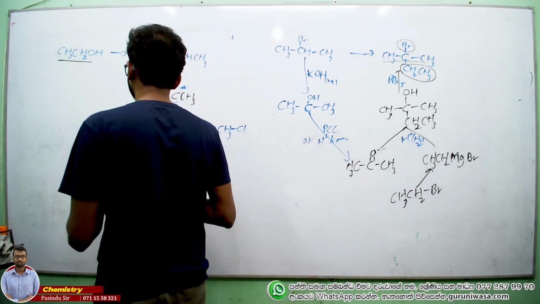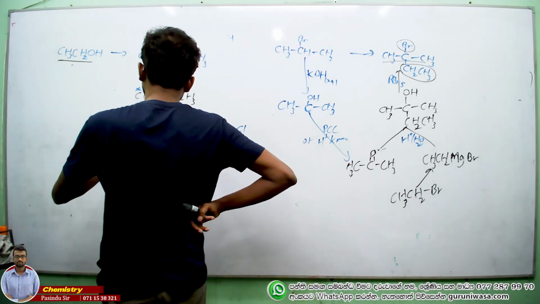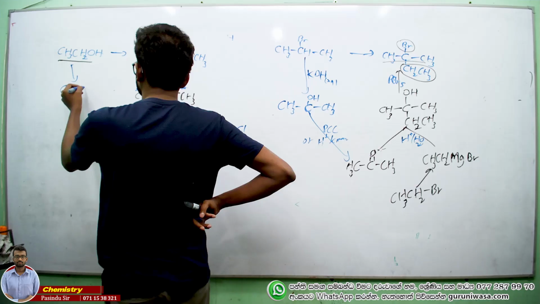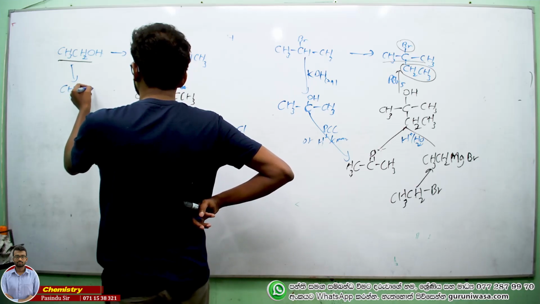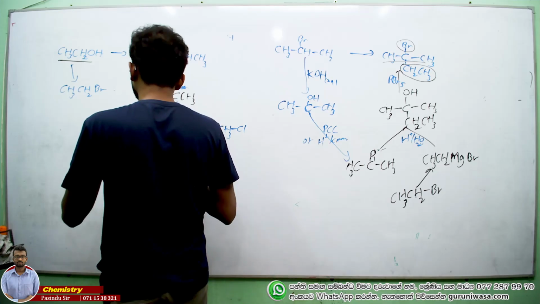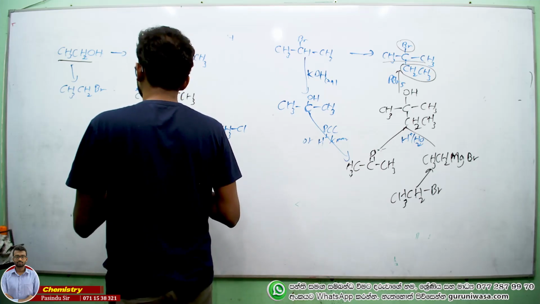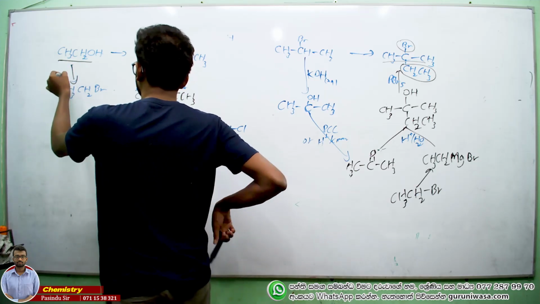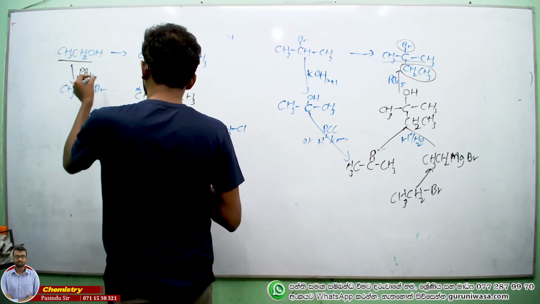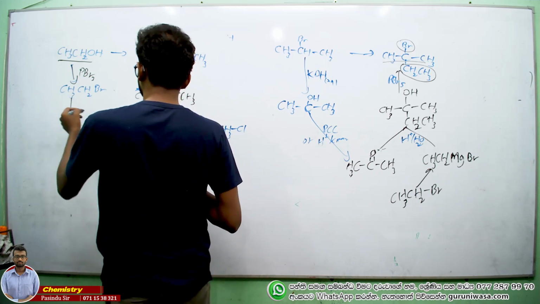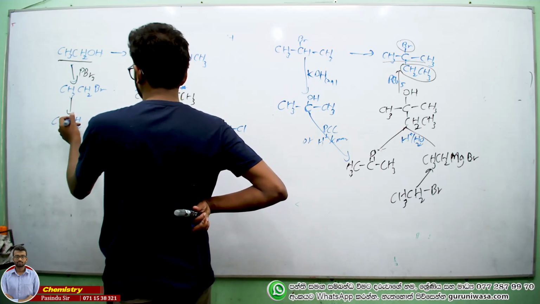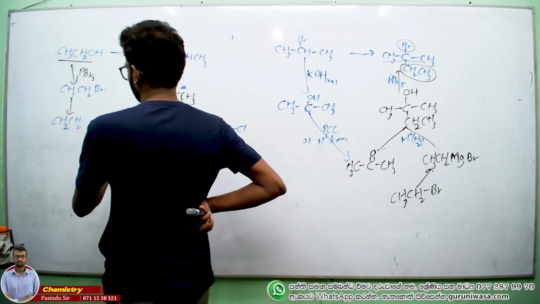Right? Then make it. How to make this one? This one. C3, CH2, Br. And then make a double bond, CH3, CH2, CH2 CH2,